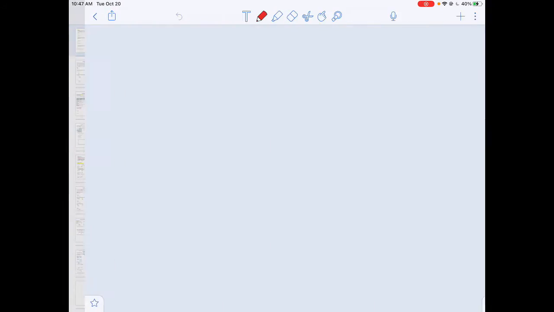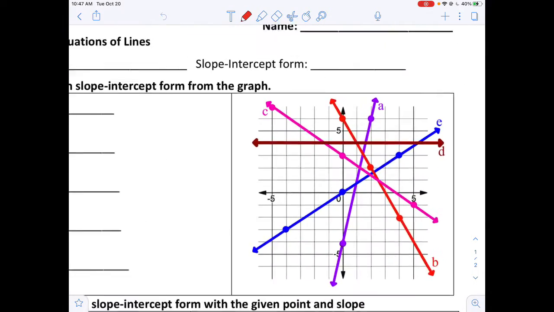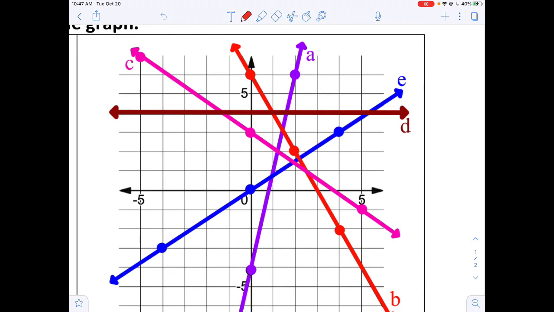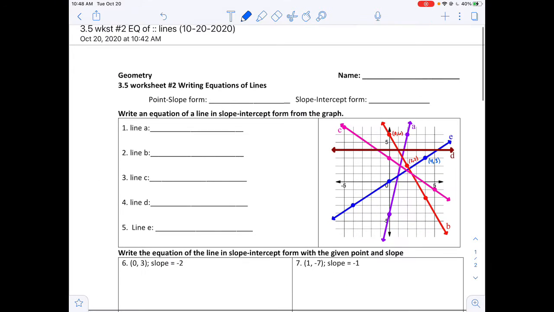On your homework, notice you're going to have to give all of these points their coordinates. So (0, 6), (2, 2), you're going to have to give all of these points. You're going to have to fill all of these out yourself. And then what you want to do is find your slope, or y2 minus y1 over x2 minus x1. Find your slope first. Pick a point that's the y-intercept,